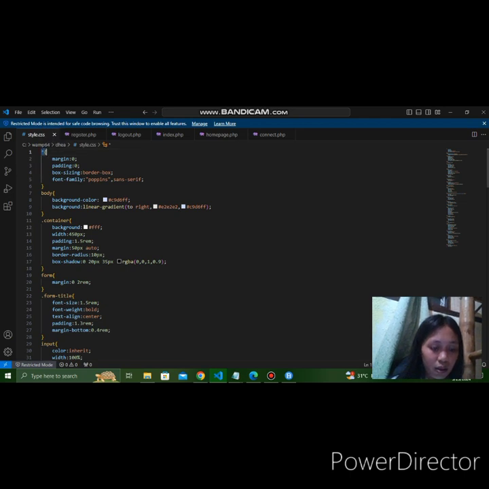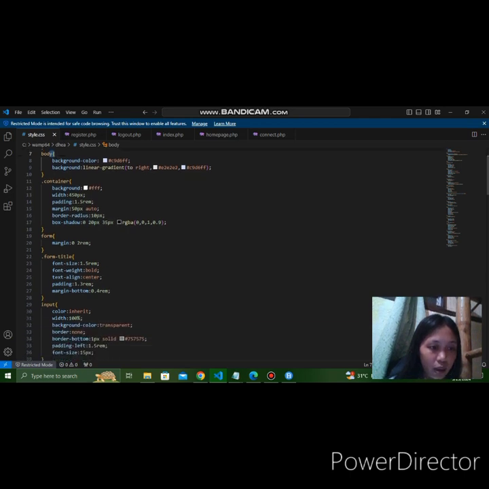It's a universal selector. It resets margin, padding, and box sizing for elements to ensure consistency in layout and spacing. So we have here also the body styles, the container styles, form styles,